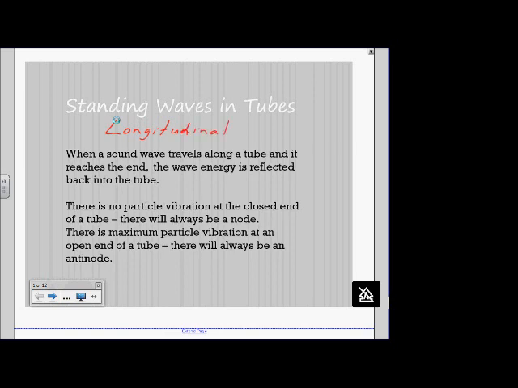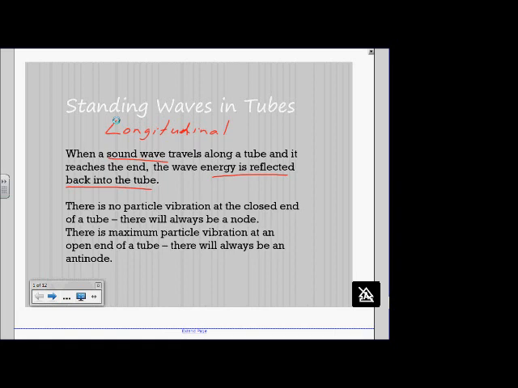Not quite so easy to visualize as perhaps a transverse wave. So sound is a classic example of the type of standing wave or stationary wave that we're getting here. When a sound wave travels along a tube, if it gets to the end of the tube and the tube is sealed, the wave energy is reflected back into the tube. And then the superposition of the original sound waves and the sound waves that are reflected back once again produces